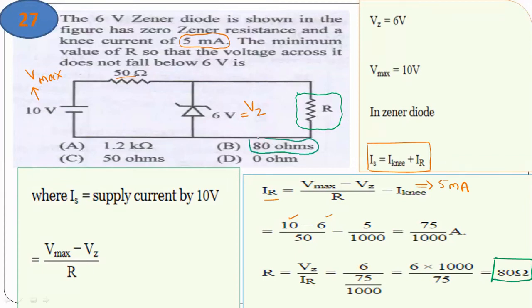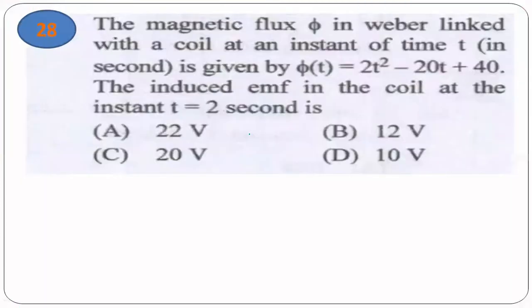Which is option 2 here. Now this question is with respect to the concept of field theory or electromagnetic waves. Now what we need to calculate is the induced EMF in the coil at the instant t is equal to 2 seconds. So it is with respect to a coil,